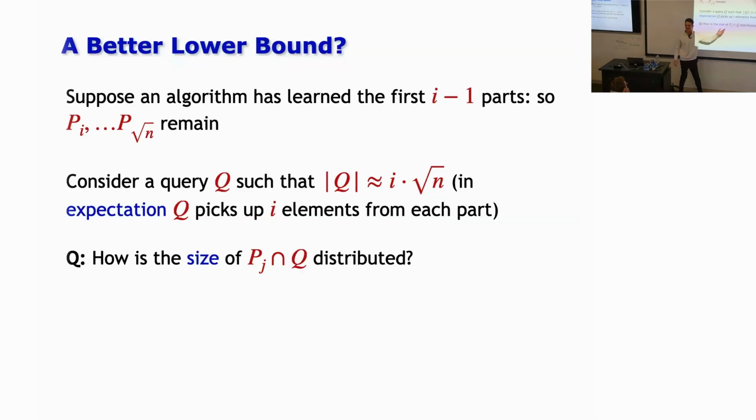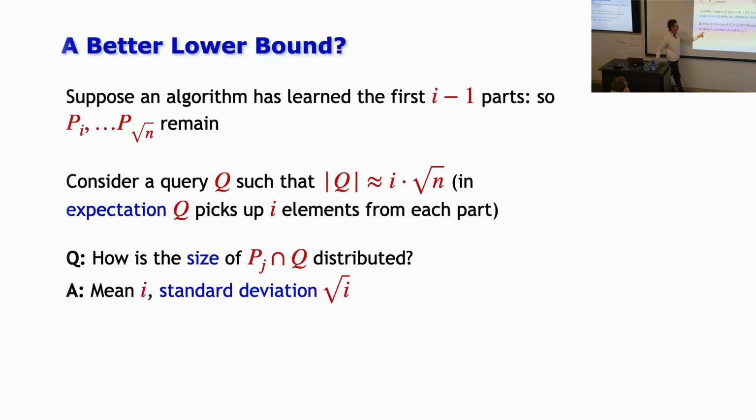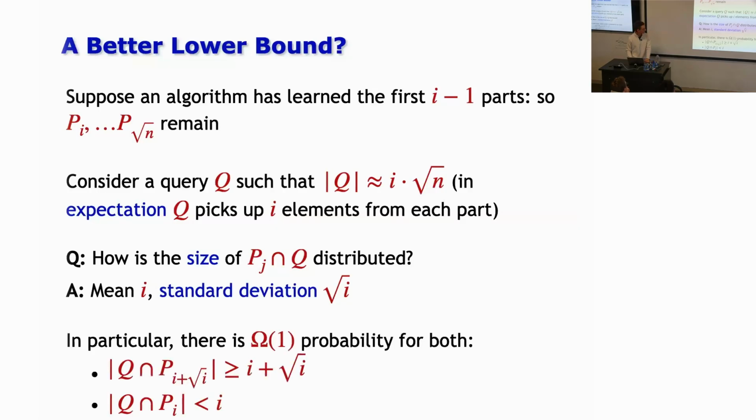The expectation is i. We kind of forced it to be i. But importantly, there's a standard deviation of square root i. You expect i elements to land there, but there's this anti-concentration because the standard deviation is square root i. And so in particular, because of this standard deviation of square root i, when you make a random query q